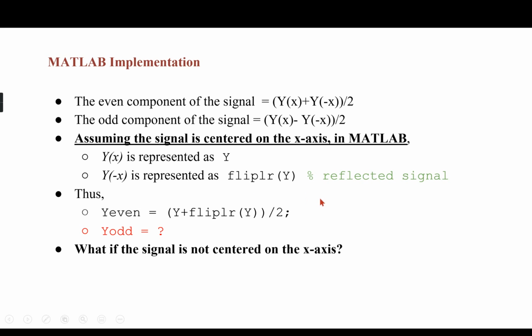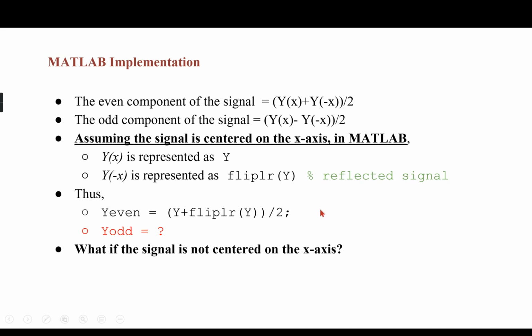For example, it starts at -4 and ends at 4, and 0 is in the middle, and so on. What if the signal is not centered on the x-axis? Meaning, what if x starts, say, at -1 and then ends at 3? So think of this and think of a way to implement this in